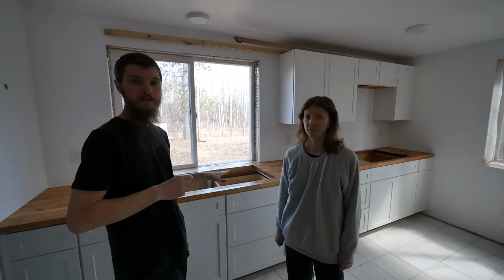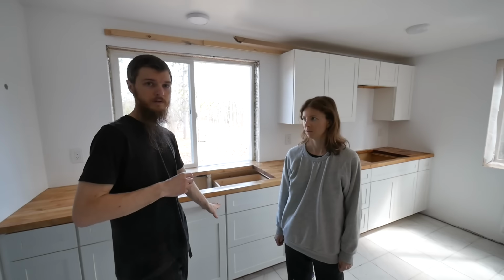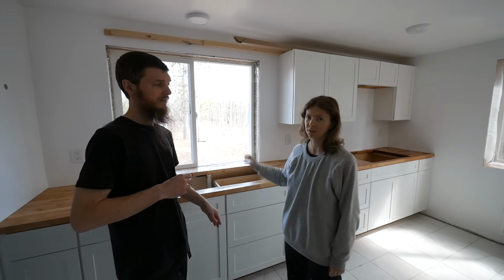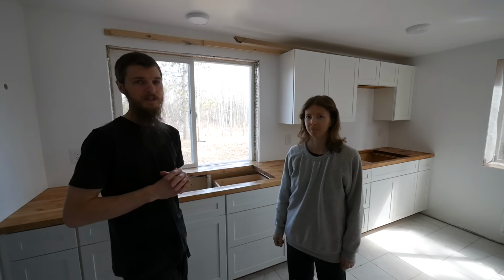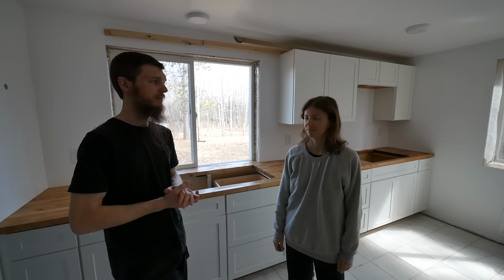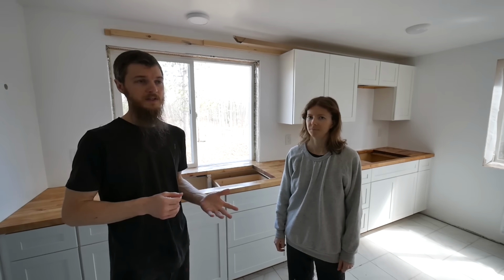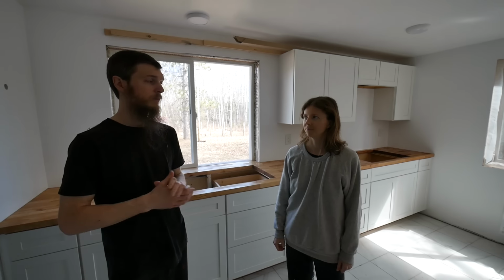We were going to do a white concrete countertop with wood-toned base cabinets. And we were going to do white uppers. It was going to be totally different. We decided to scratch that whole idea for a number of reasons. Our plan is always changing, so we think of different things and change our mind later on. Concrete has its advantages, but we decided to go with butcher block because, well, let me scratch off